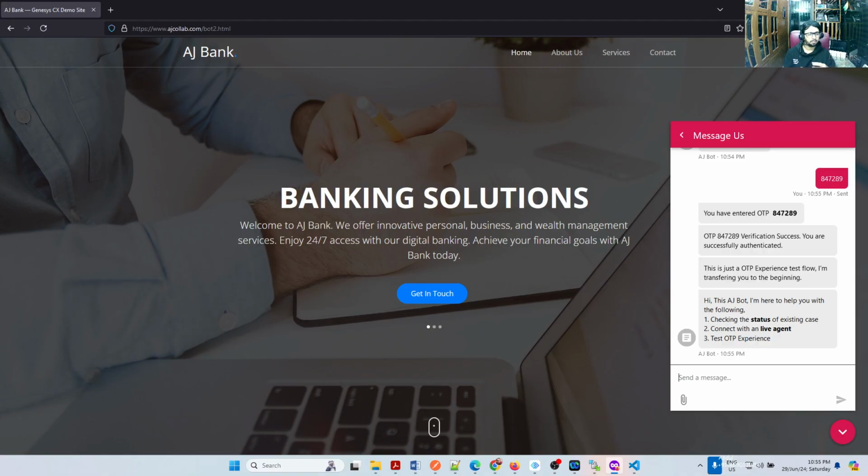Will it send to the mobile number, right? Yeah, it's literally an SMS. I can also send to WhatsApp as well. This is an SMS right now. We have integration with Twilio. There is a service in Twilio called Verify. So we trigger that API call to Twilio, get the OTP generated, and send it to the mobile. Sending to the mobile is handled by Twilio. Once I see the OTP, I enter it, and it triggers another API call to Twilio to validate whether it is the same OTP the user is entering. If that matches, it goes to the next flow, but I don't have anything next. I just need to show you the authentication part.